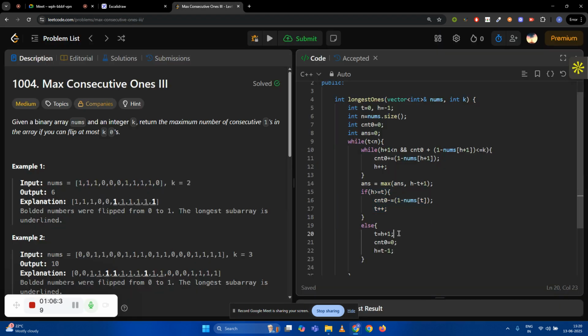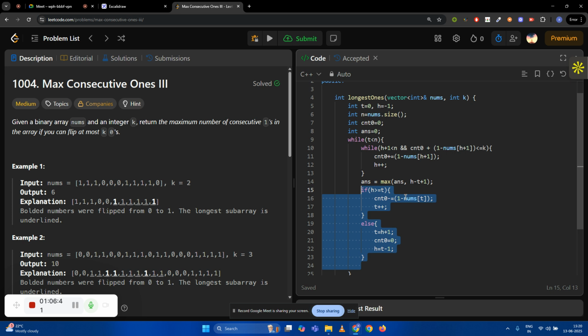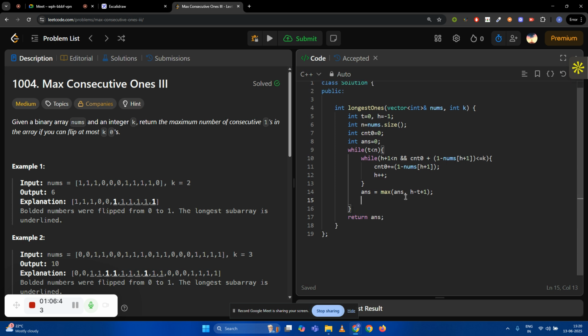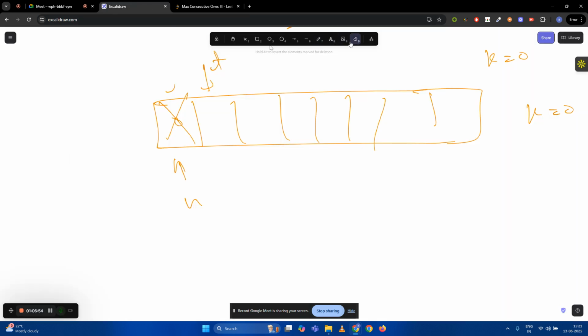If you have written just this tail plus plus and are only removing the contribution of that element,